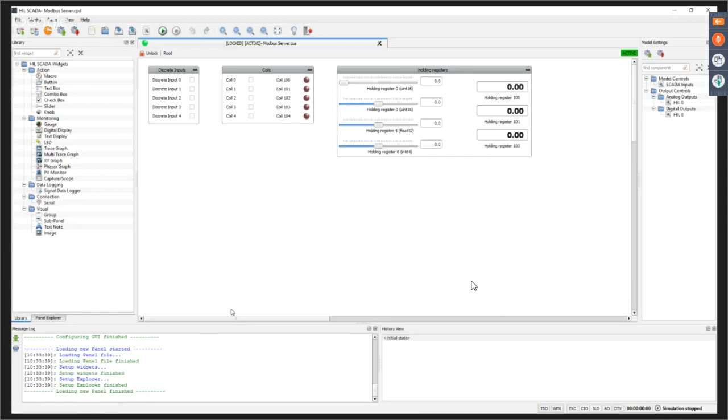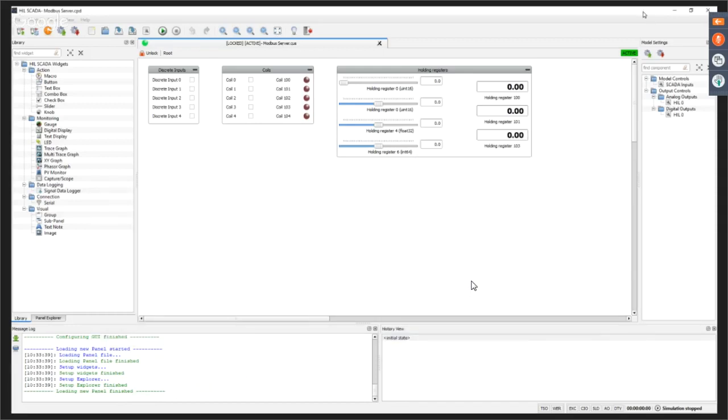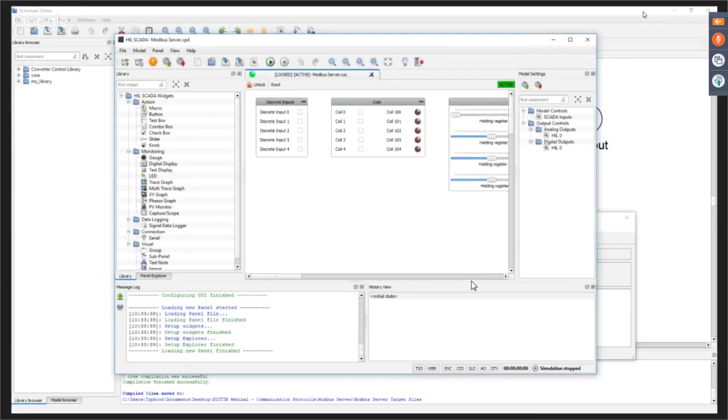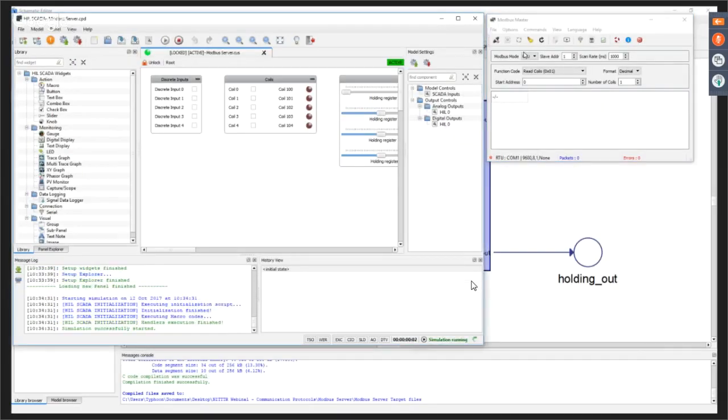Okay, so first I'll just run the Pure Modmaster program. I'll just put it side by side so you can see everything. Okay, so if we run the simulation, we can connect with this. If we specify the Modbus TCP IP address as defined in the server, we can connect to the device and read coils. If we read coils for starting address 1, read 5 coils,